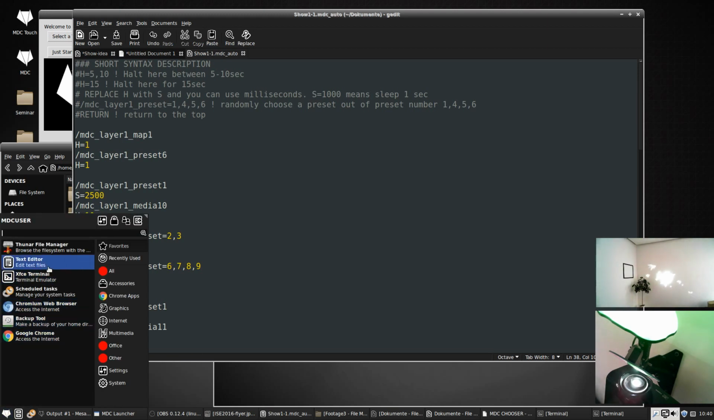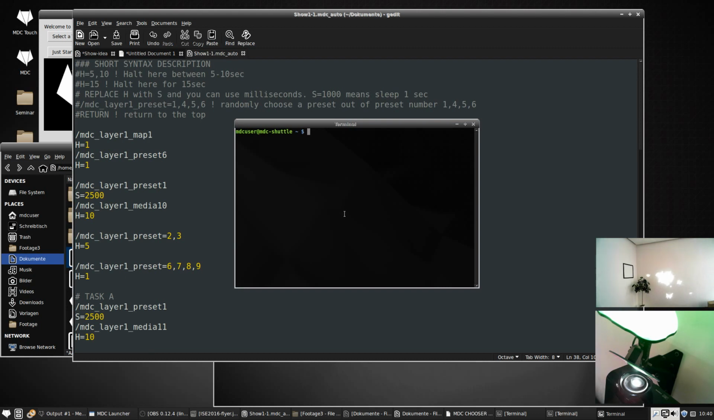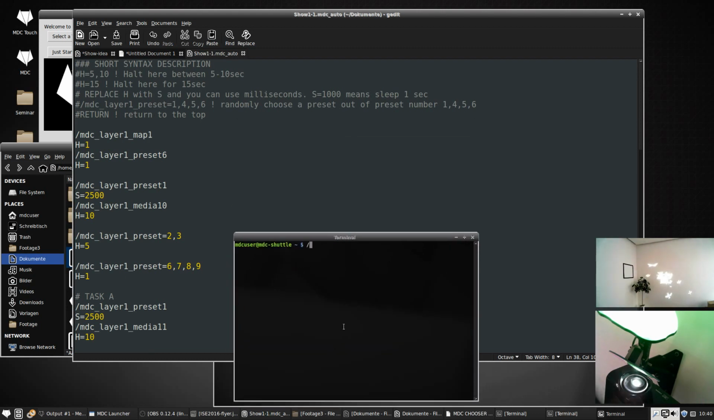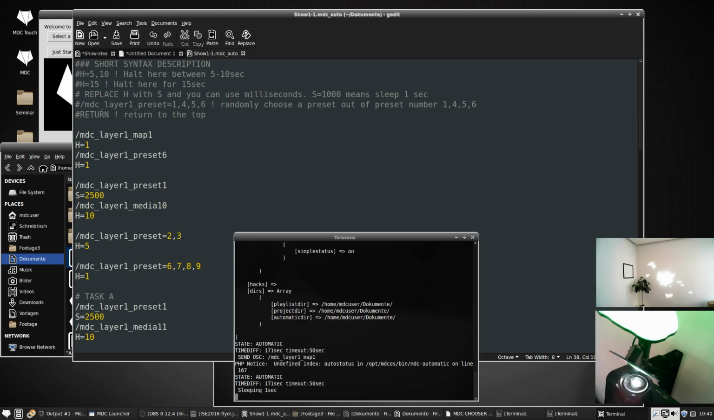The trick is you open your XFCE terminal here and type opt MDC OS bin MDC automatic, and then you go to home MDC user documents. I was always asked this many times. This folder here is Dokumente with a K, since I'm using the German operating system, but normally it's documents with a C. Documents, and then my show one MDC auto. When I click it here,